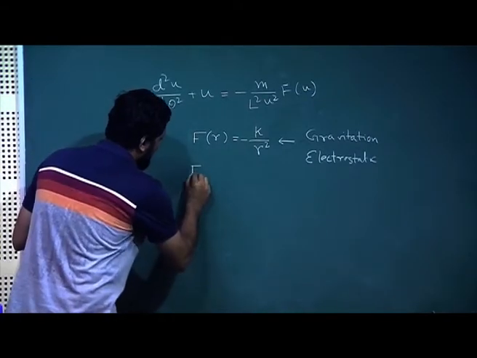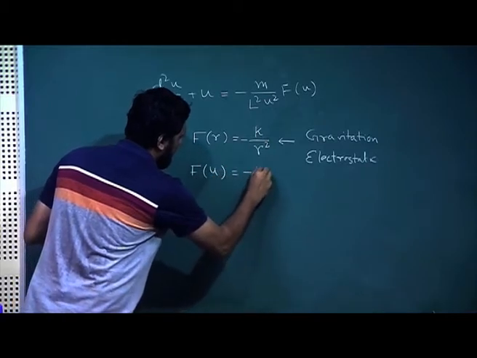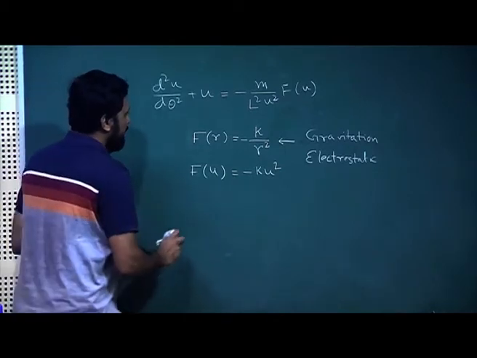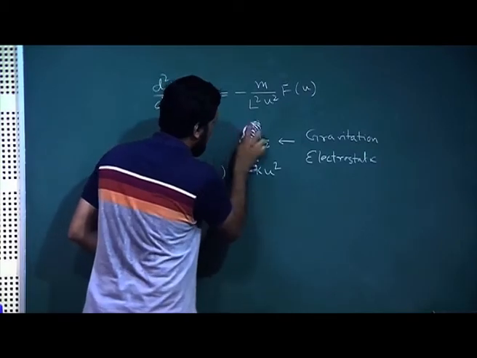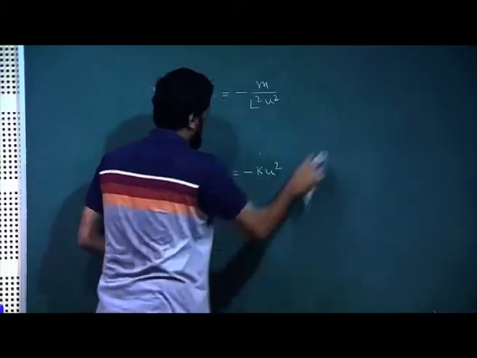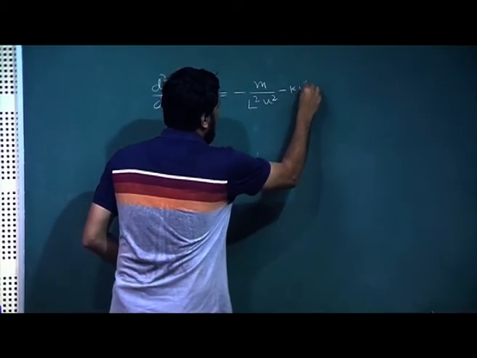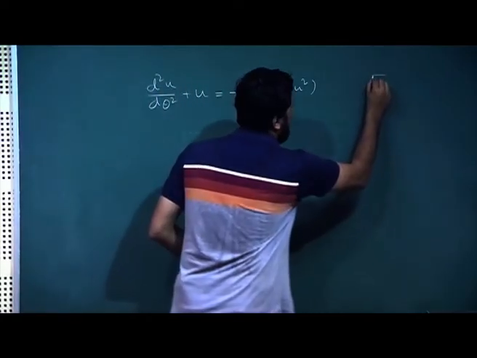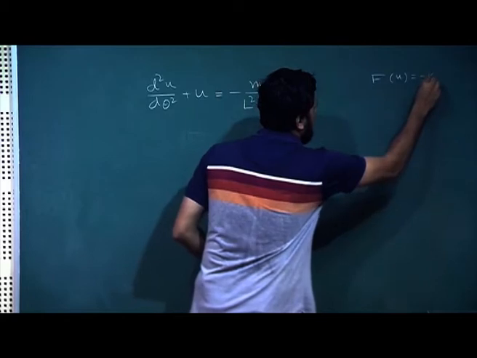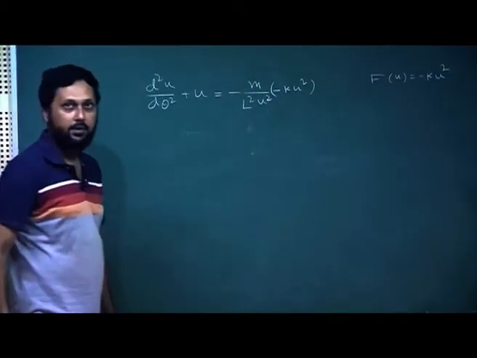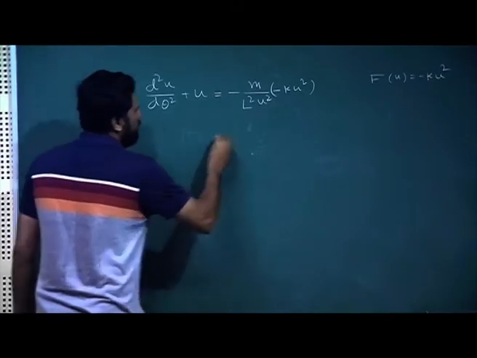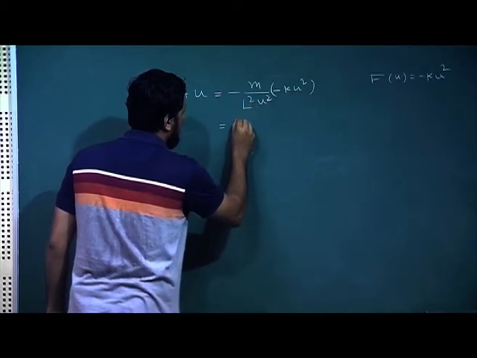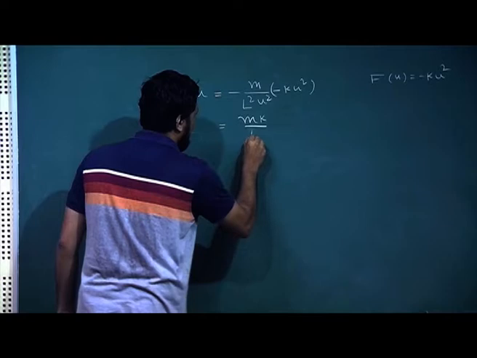Now, in order to do that, we first write f(u), which will be -k u² simply. So, for the inverse square force law, we are going to substitute -k u² into this equation. So, our force law is f(u) = -k u². If we do that, we immediately see that on the right hand side u² cancels, this becomes a plus sign, and we get mk/L²,